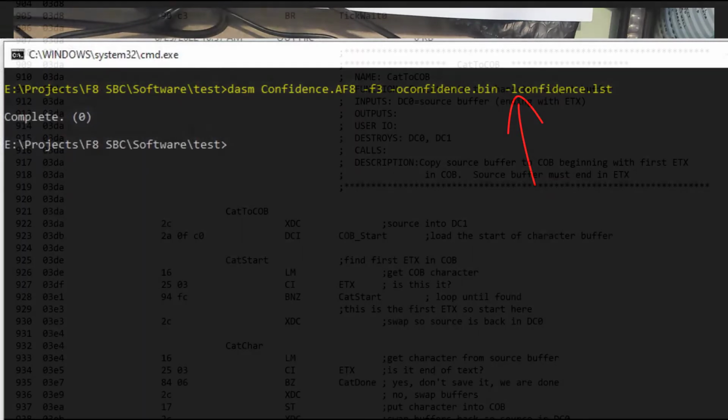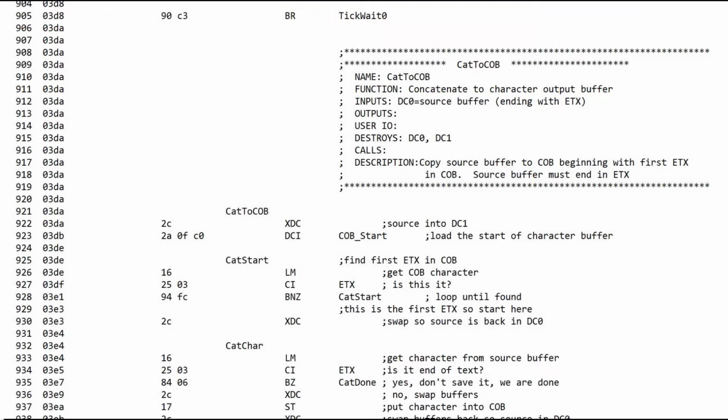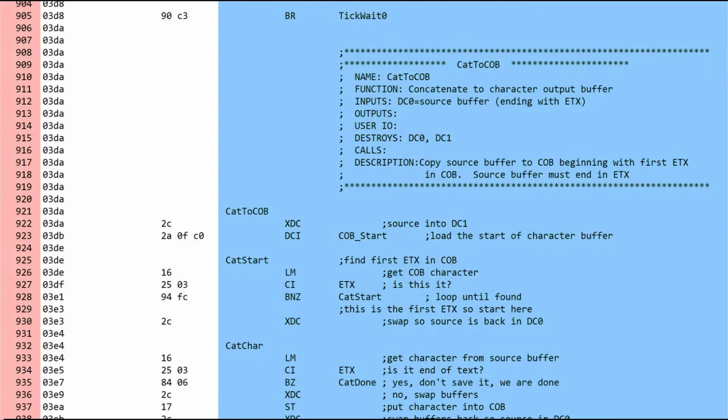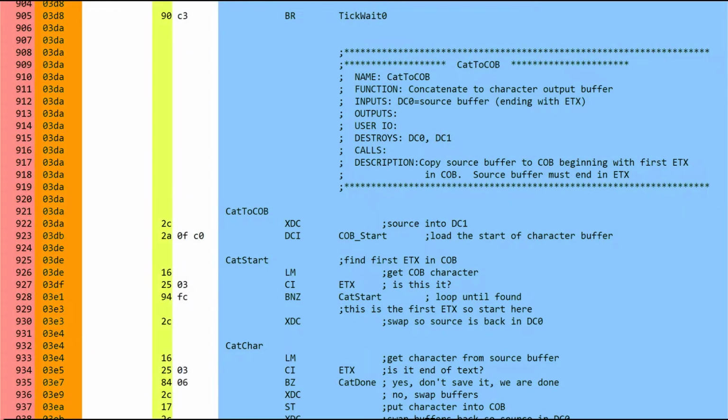a backslash, I think. The list file is, of course, extremely useful since it's the source file plus the program line number, the program counter, and all the mnemonics converted to opcodes, as well as the operands, addresses, and so forth. So the list file is going to be what you're using when you're debugging your code and you want to know exactly where all of this stuff is in your EPROM or your RAM or wherever you're placing your